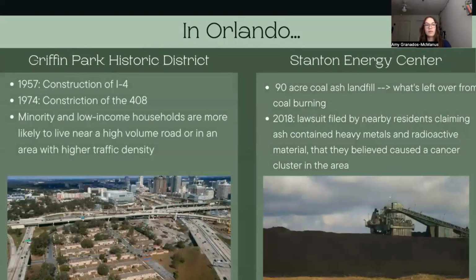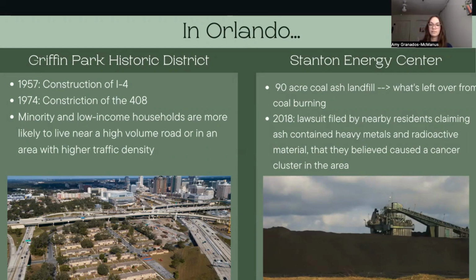So issues of environmental justice and pollution are seen in every city in America. Here in Orlando, the Griffin Park neighborhood opened in the 1940s as Orlando's first affordable housing project. Less than 20 years after it opened, the construction of I-4 began, which was followed by the construction of the 408, with both roads completely surrounding the Griffin Park neighborhood, not only cutting them off from their neighbors, but also exposing them to higher levels of both air pollution and noise pollution from the thousands of cars that travel on